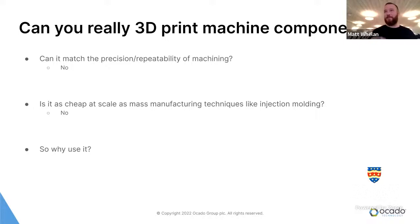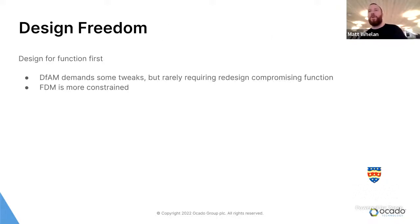Well, there's three things, and we'll talk a little bit about each. So design freedom, by far the most important. That's what allows you to do things like topology optimization in the first place. Time to market and change. So design freedom. We have designed hundreds of additively manufacturable parts. And one thing that's really clear is that you can design them for the function that you want them to do, and then they're either perfect out of the box, or they need some small amount of tweaking to allow them to print well, maybe by